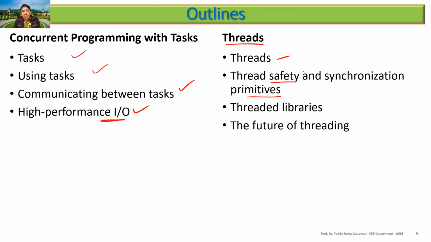You need to provide the synchronization, and as well there's no data race. You don't want to have a data race, where if you run the same program at different times, you produce different results. You don't want that. If you are using Rust, then it will be guaranteed, but using Julia, we need to take care of some of the programming. Then we have thread libraries and the features of threading. I think this is based on the Julia compiler, which now has matured in 1.6.